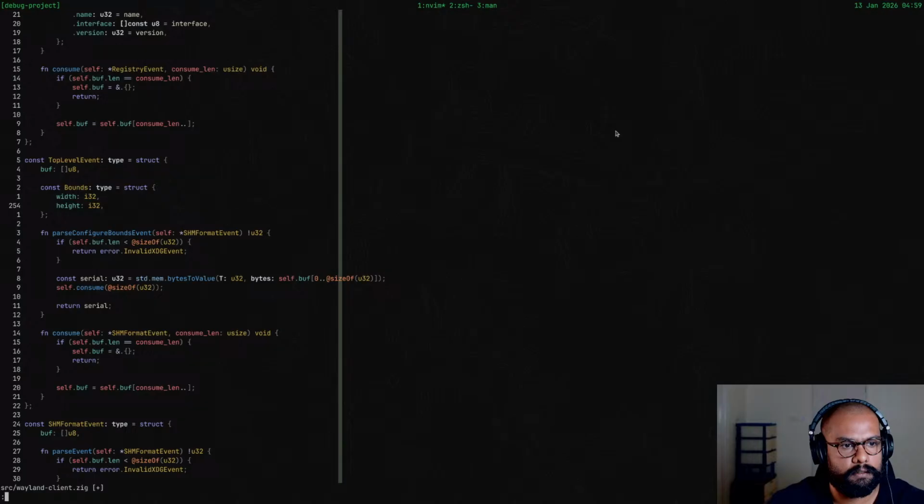And height. Can't be bothered to type that much. Returns bounds. Okay, if it's smaller than bounds, valid top level event